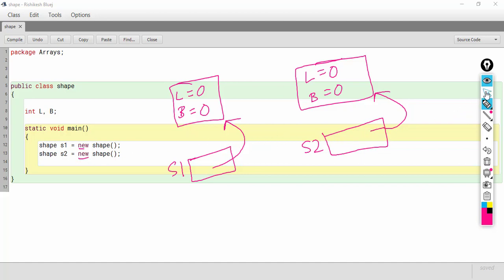Now using the dot operator, I can access the instance variables as well as member functions.